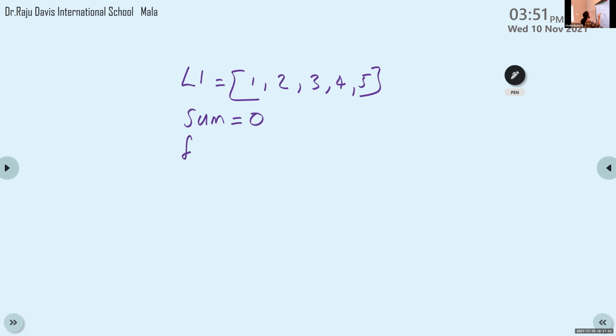So for I in, Pooja, for I in L1, correct. For I in L1, after that you want to find the sum. The statement is sum is equal to sum plus I.